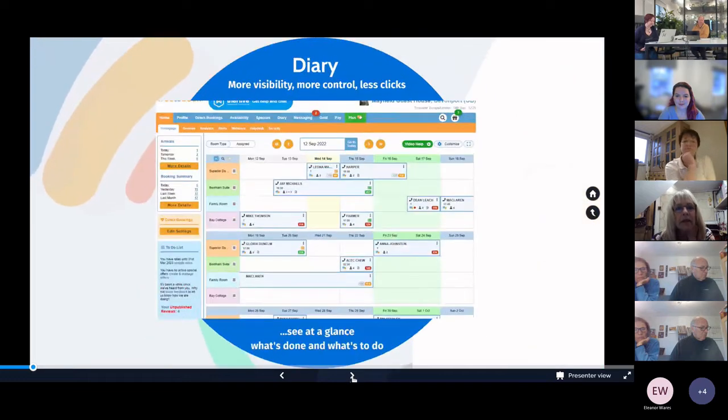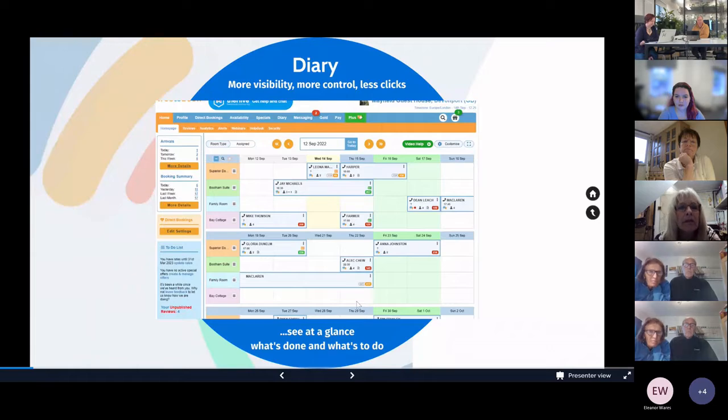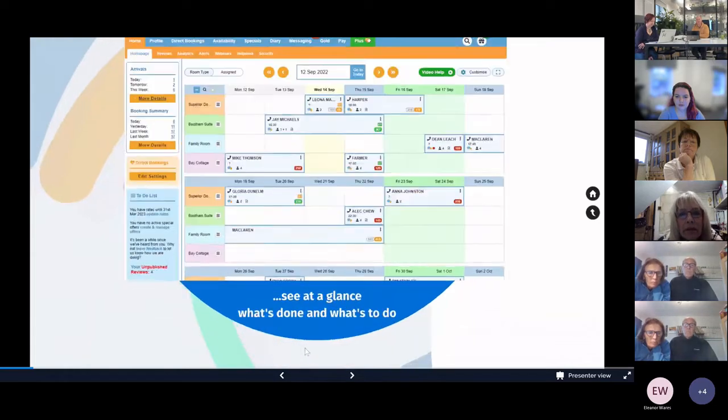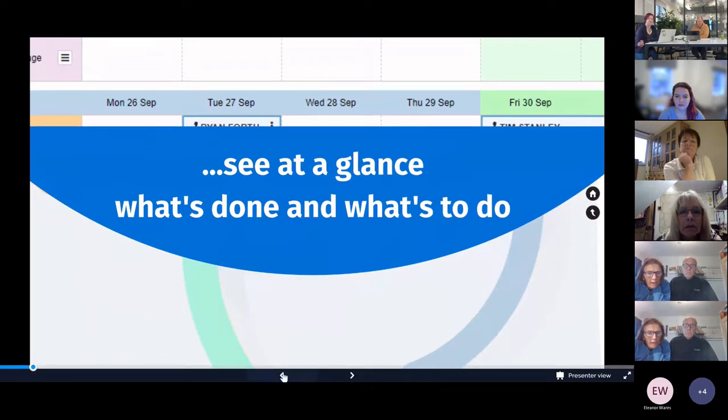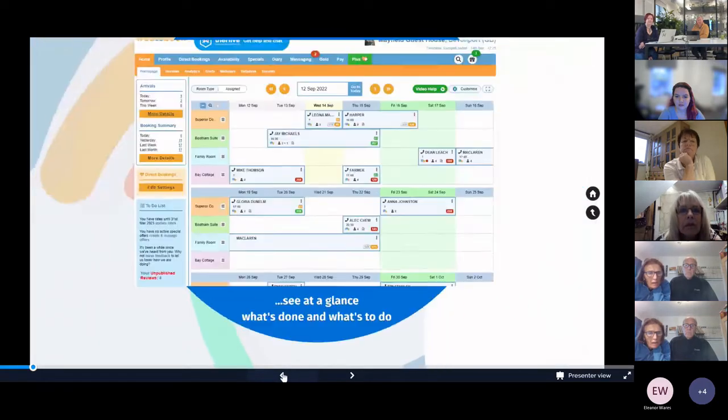But just as a starter, you can see this would be your diary that you would have on Freetobook, and it has your various room types. It's one for a typical B&B, but it provides all the information that you would need at a glance to see what you want to do for your business. So it's very kind of rich